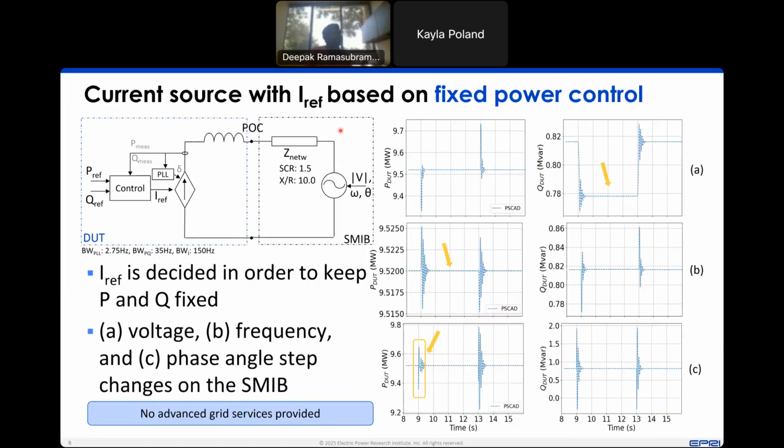So let's take a very simple implementation where the current reference is fixed based upon power control or power factor control. So you have a fixed amount of P reference and Q reference. You have a measured amount of P and Q, and you have a phase lock loop that generates an angle. And this current reference is based upon this fixed value of P and Q,